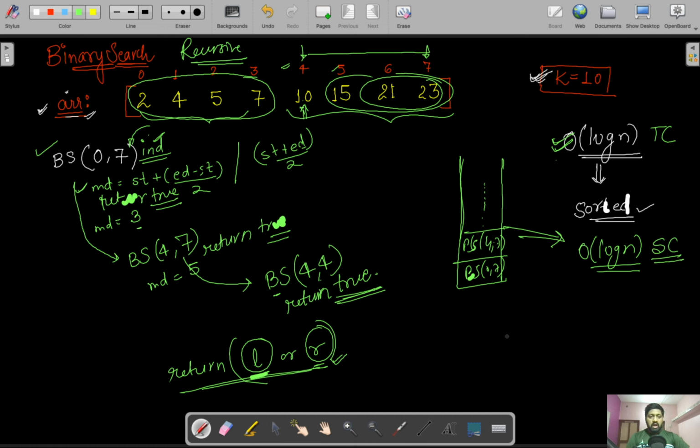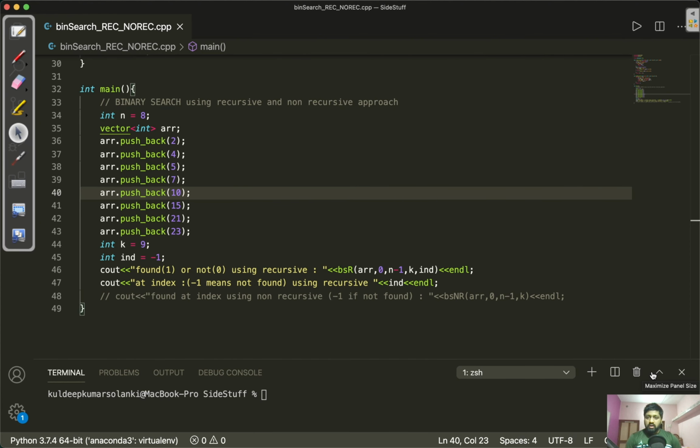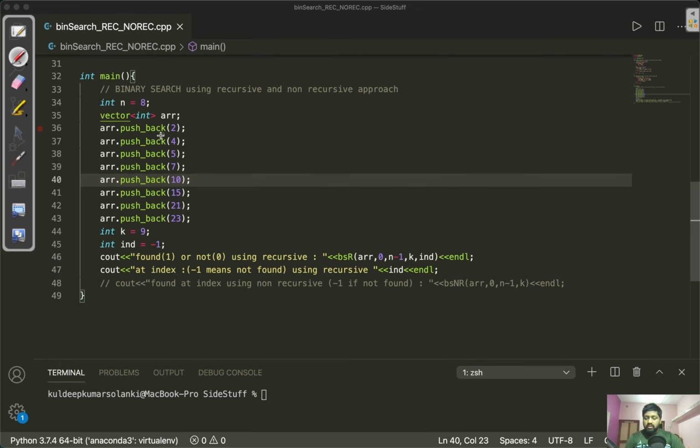So now let's see how to code this. Now I will show you the recursive approach for solving this question. In the input we have been provided with an array. I have taken the vector, that is a dynamic array, and I have inserted the values in increasing order only. That means the values are sorted by default. If it is not sorted, then the first thing you need to do is sort them using any sort function or with your own function.